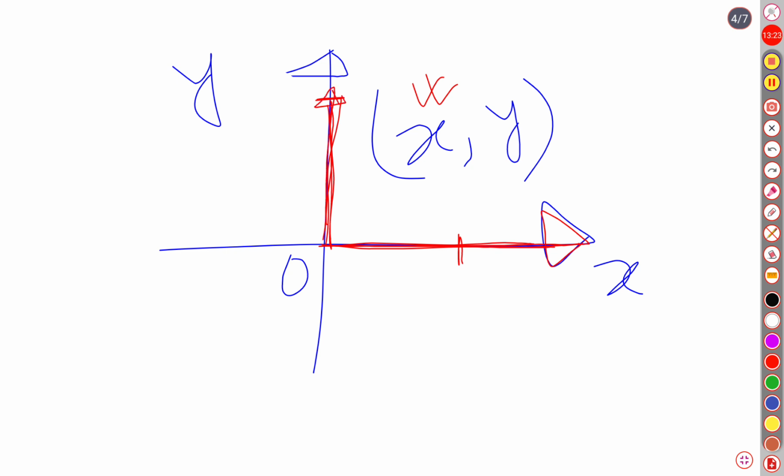And we know if we want to count negative x coordinate, then we would have gone to this direction. This is the negative direction of x and this is the negative direction of y. Thus we have selected that x and y fall in the first quadrant. This coordinate is in the first quadrant. Well,